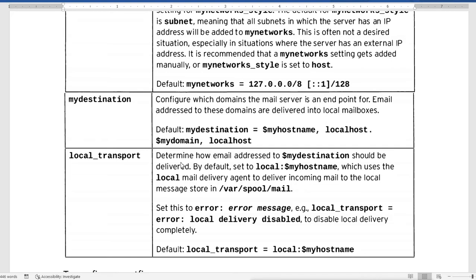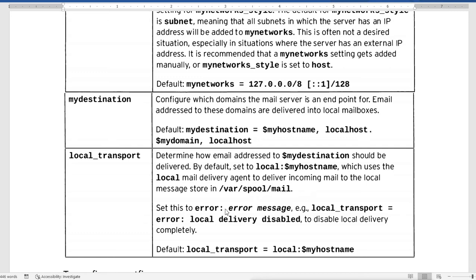Local transport determines how email addresses to my destination should be delivered. By default it is set to local, which uses the local mail delivery agent to deliver incoming mail to the local message store, and that is the var spool mail. So whatever mail comes to the local server, it stores into the var spool mail directory regardless of the user account.